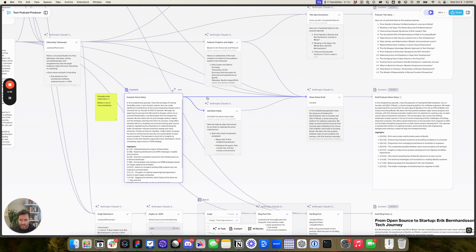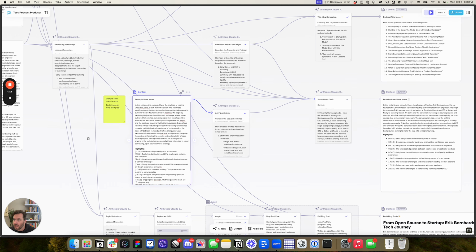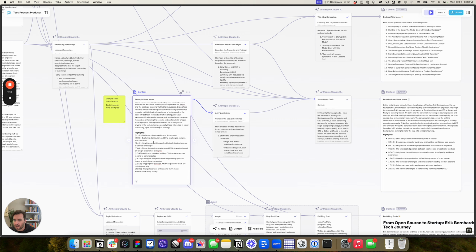Now this is a really interesting piece of the overall flow. It takes in an example of the show notes that you'd like to use. In this case, this is an example from Pete Soderling's podcast Zero Prime, and you can see the format that it uses,